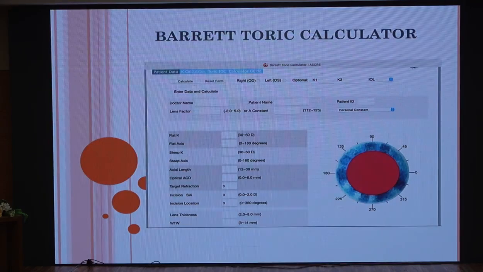Same way, toric calculation. If you are implanting a toric lens, the toric IOL calculator is available, which will tell you the power as well as the axis of the placement, depending upon the astigmatism. But here when you use a toric calculator, it is important to know the SIA, that is the surgically induced astigmatism. So every surgeon should know how much is their surgically induced astigmatism. So you have to input this data and then only it tells you